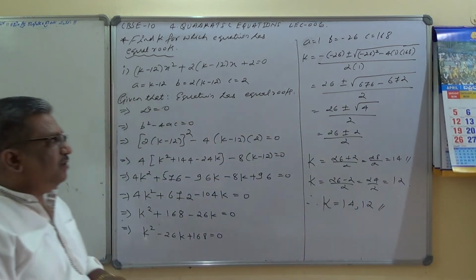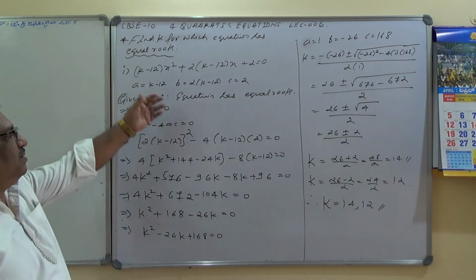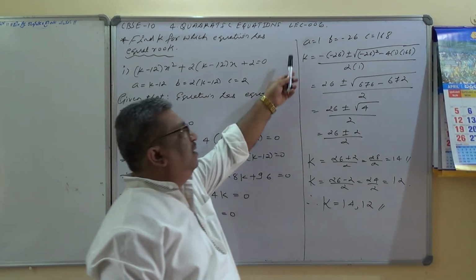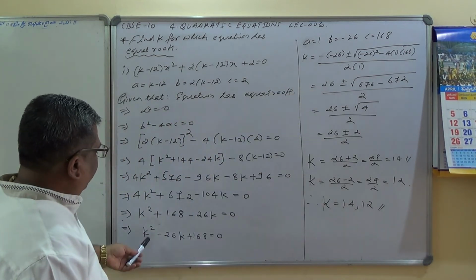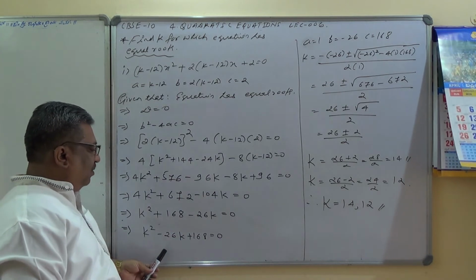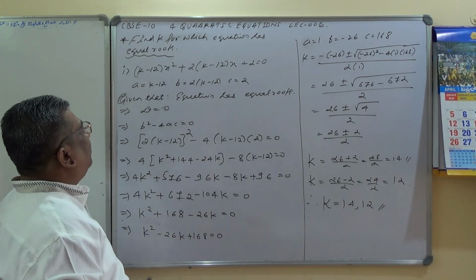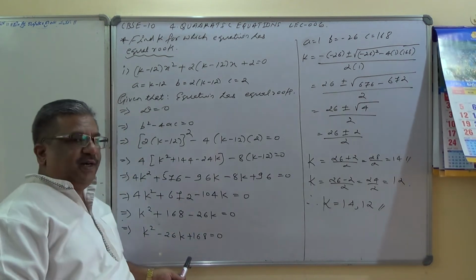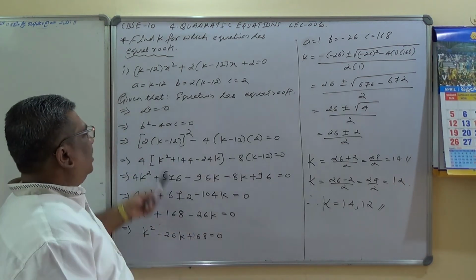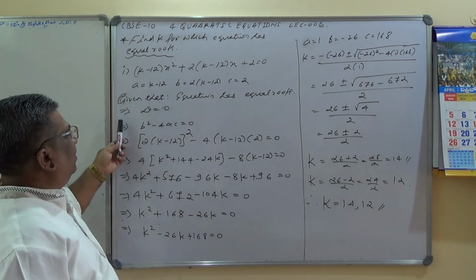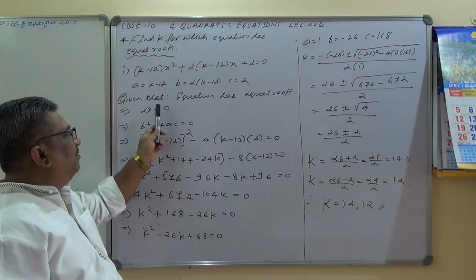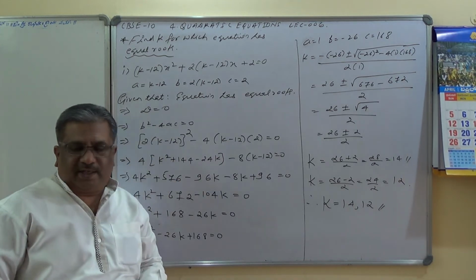There should be two values. So based on the given condition we worked it out. I used the quadratic formula two times here, because we got the equation for k also in terms of a quadratic equation, and therefore we had to use it two times. You can use splitting the middle term also here, there is no problem, because ultimately our objective is to find out the value of k based on the given condition, and already we have applied the given condition D equals 0. We will go to the next sum.